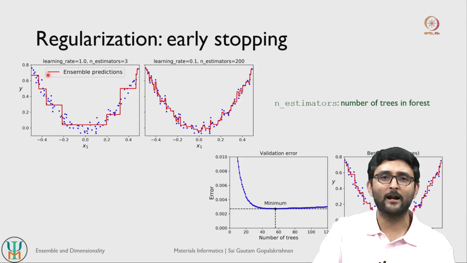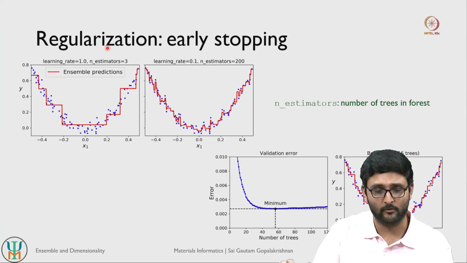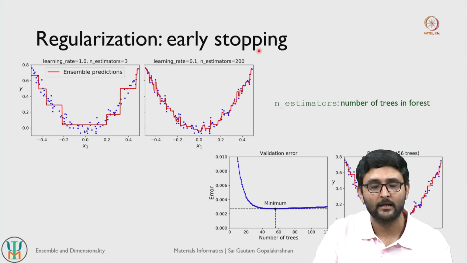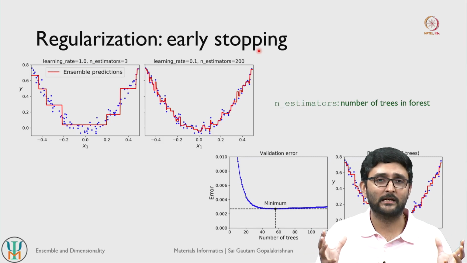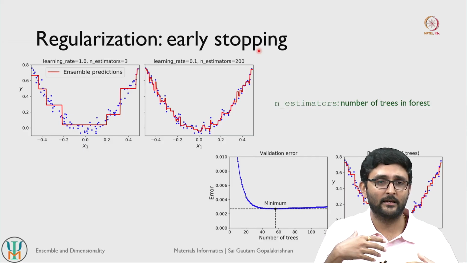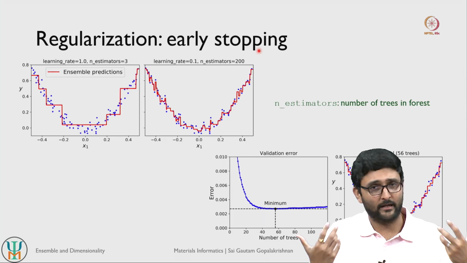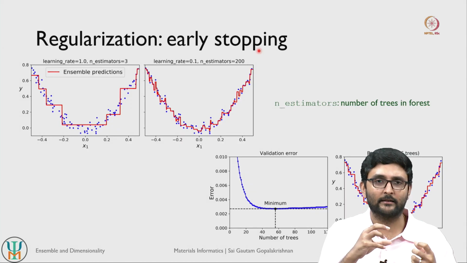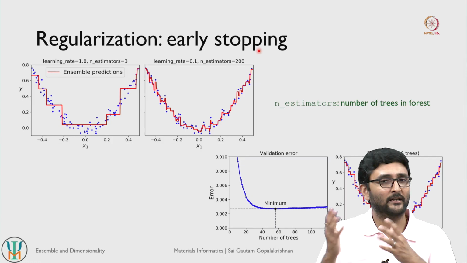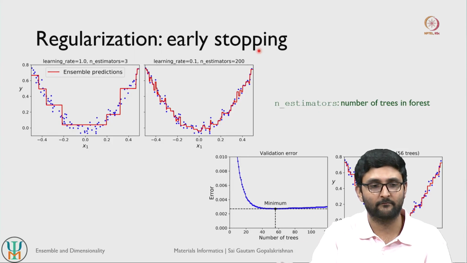Okay. One very common strategy that is often used for regularization, especially when it comes to ensemble models, is early stopping. As I mentioned in my previous slide, we have lots of hyperparameters to worry about for our ensemble models, which means if we tune individual hyperparameters using grid search CV or randomized search CV, it's going to take a lot of time. So the key thing is to identify some hyperparameters that are very influential and use early stopping as a way to identify the optimal amount of those hyperparameters in a faster or more efficient fashion.